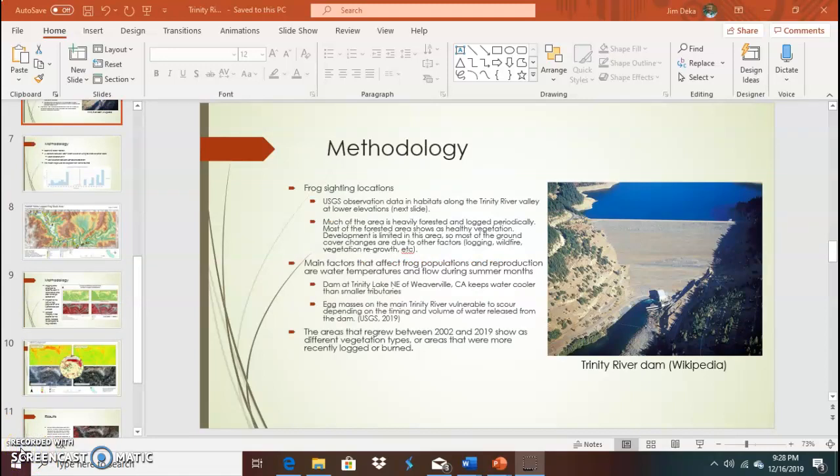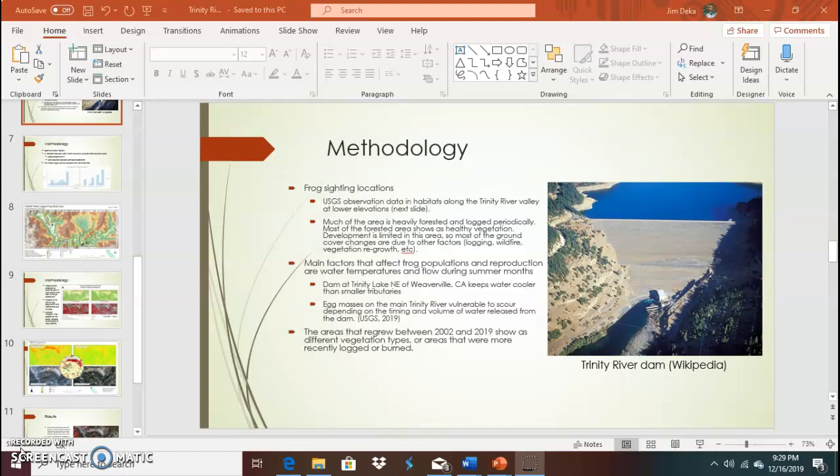USGS frog sighting locations from the 2013-2017 Foothill Yellow-Legged Frog Study were used in the following few slides, along with data extracted from elevation data. Imagery and land cover data showed much of the study area is heavily forested and logged periodically. Water temperature data was available from the summer months of June through August for the USGS study and depicted later.